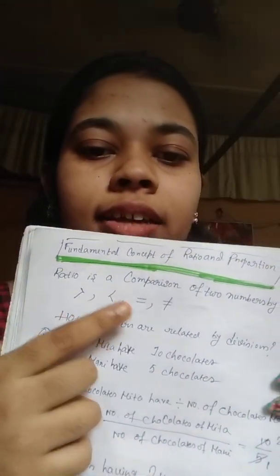So let's start. Do you know anything about ratio? Ratio is basically the comparison of two numbers by division. By what? By division. If I tell you to compare the numbers 5 and 6, you will tell me 5 is less than 6 or 6 is greater than 5, using the symbols greater than and less than. Or if I give you the same numbers, 5 and 5 or 4 and 4, you will tell me 4 equals 4, or 6 does not equal 5. But when it comes to division, the thing is quite different.